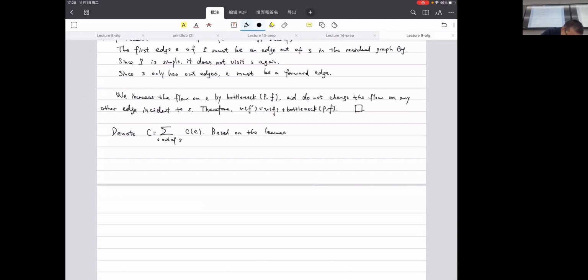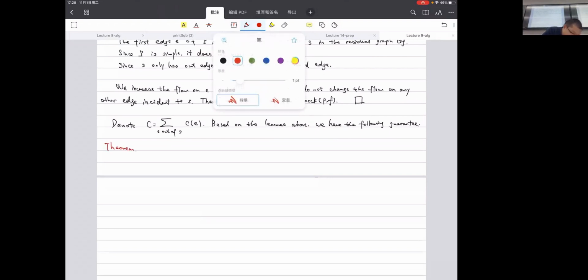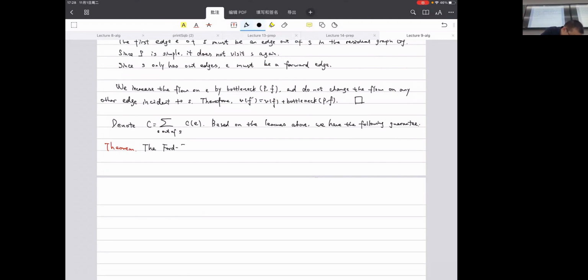So based on the lemma above, we have the following guarantee. The guarantee is that we are going to have a clear time complexity bound on the Ford-Fulkerson algorithm. Clearly, the Ford-Fulkerson algorithm is going to terminate in at most C iterations of